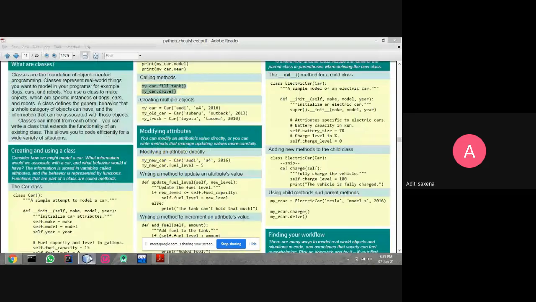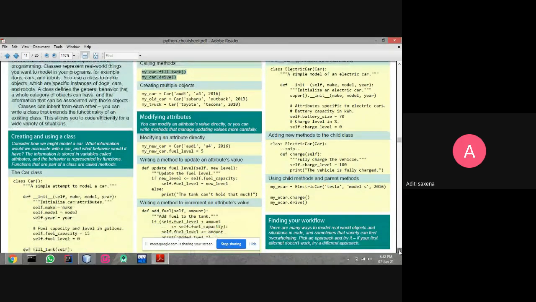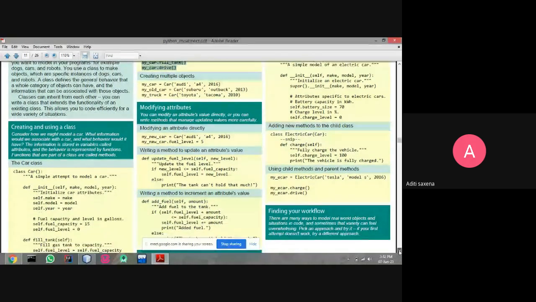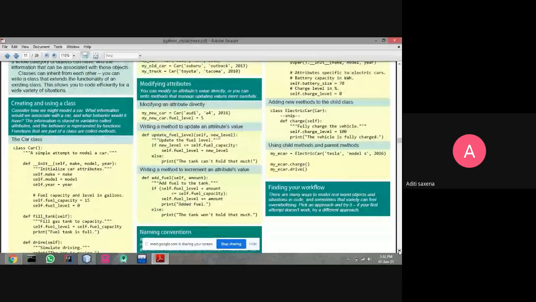I first write the name of my object, then call this variable and change its value to whatever I want to apply. So you can change attributes of the class. Classes can have private or public attributes, and right now we are accessing only public attributes and focusing on them.